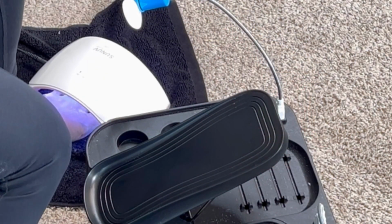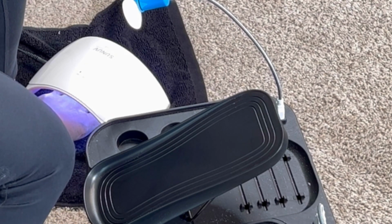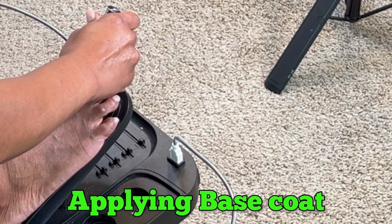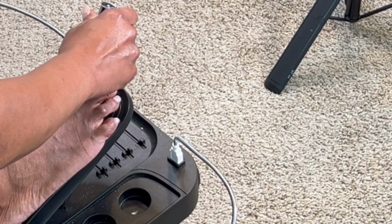You want to make sure you close this glue up. You don't want it to dry out on you. You want to start at the base of your nail, so it kind of spreads, and then you're going to bring it